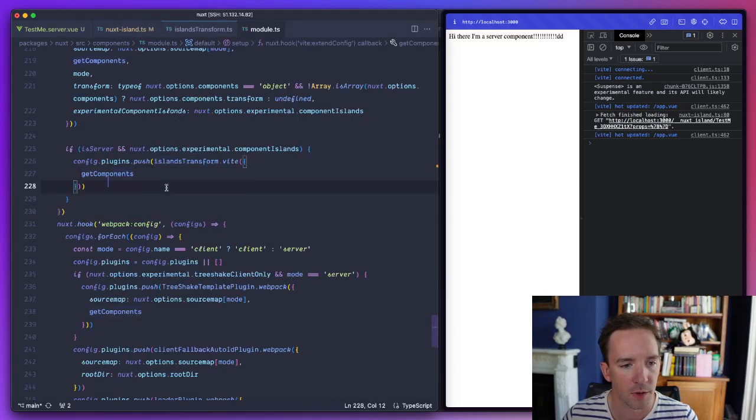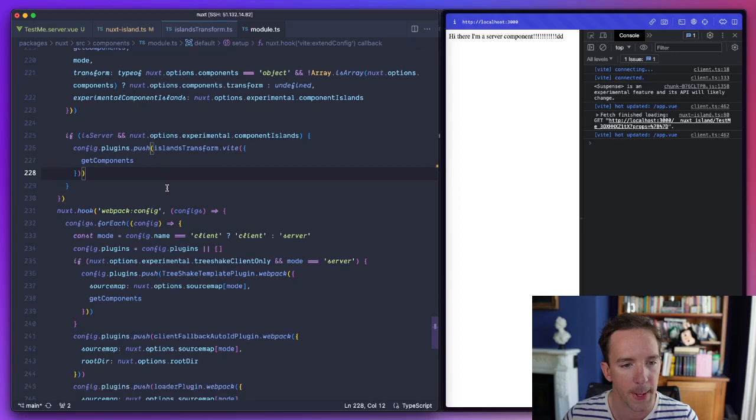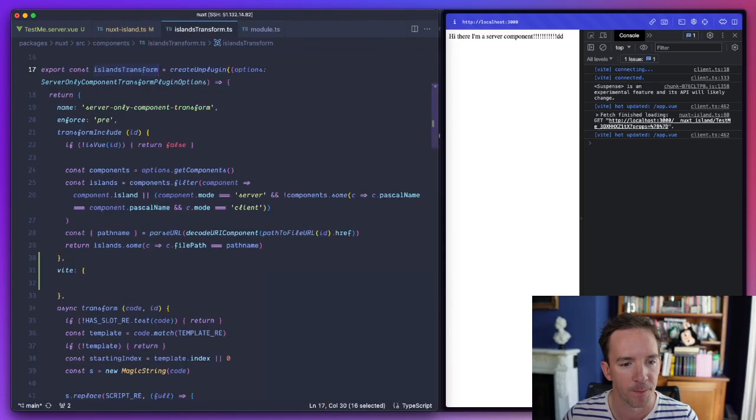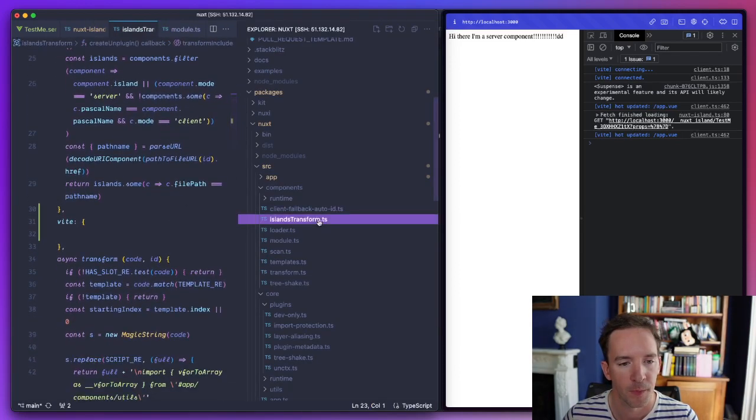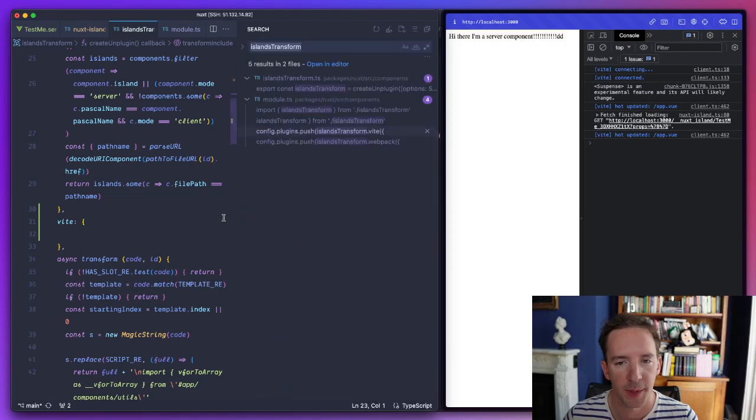So maybe it's the wrong thing to do. But basically what we could do is emit a WebSocket event to make this happen, to sort of